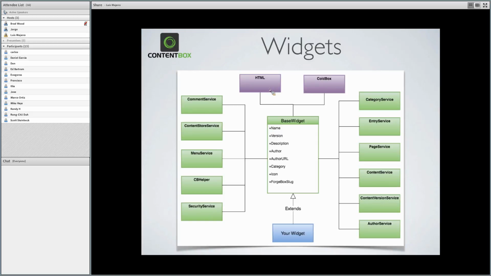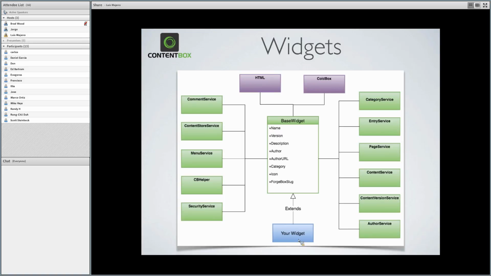Now, we have several aggregations from the base widget to the ContentBox ecosystem to kind of give you access to all kinds of content services. You have the comment service, the content store service, menu service, the CBHelper, the security service, category service, entry service, page service, content version service, and the authoring service.